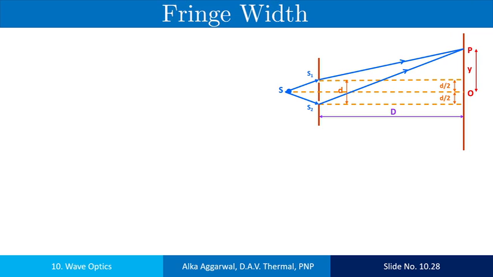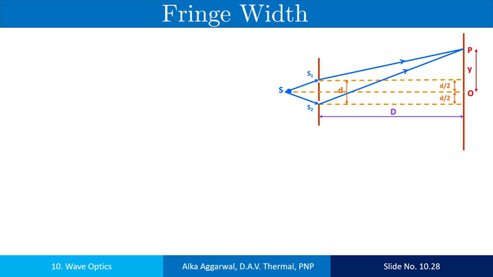Now we will find out the expression for the fringe width of a bright fringe and the dark fringe. Fringe width is the linear distance between two bright fringes or two dark fringes. Before finding the fringe width, we first find the path difference between the rays reaching point P. At point O, they cover the same distance, so they are in the same phase, and hence it is a point of the bright fringe.